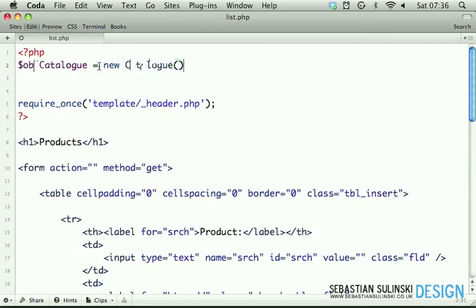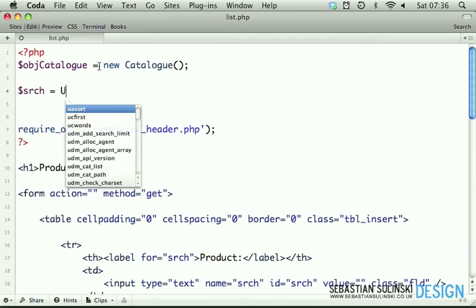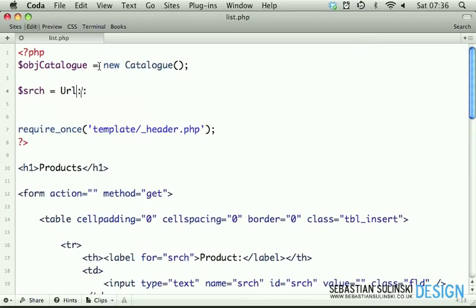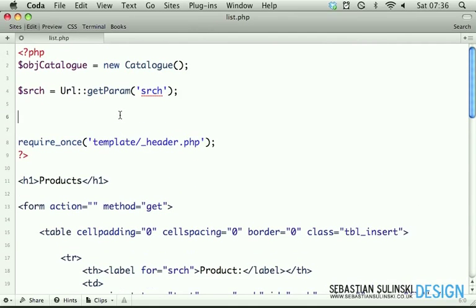Now we are going to create a variable called srch, which will basically get the value from the URL, GET param called srch, which is only going to occur if we've pressed the button in our search form, which sends the srch value through the URL parameter, because we're using GET method here. Okay, now we're going to check if it is not empty srch,